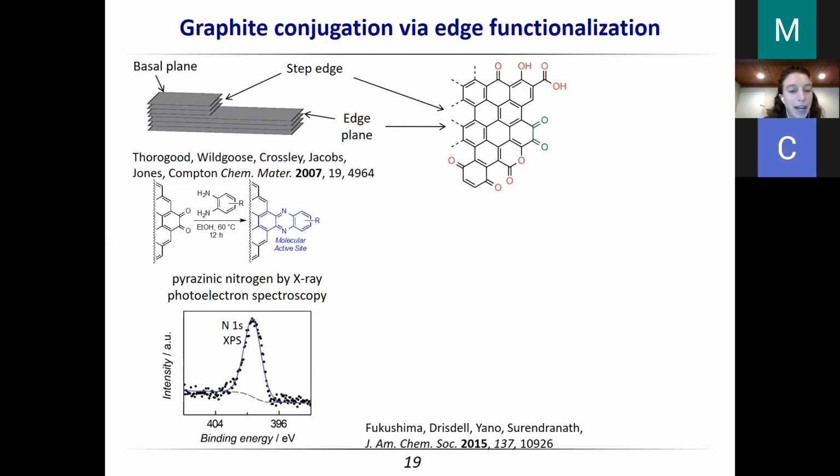So if we look at X-ray photoelectron spectroscopy, or XPS, here we're looking at the nitrogen, and XPS takes advantage of the photoelectric effect. So we're looking at ionization energies and correlating what we observe to what we know about different elements in different environments. So the binding energy that we found for the nitrogen 1s correlates with reported values for pyrazinic nitrogen, indicating that we only have one type of nitrogen on the surface, and it's pyrazinic.